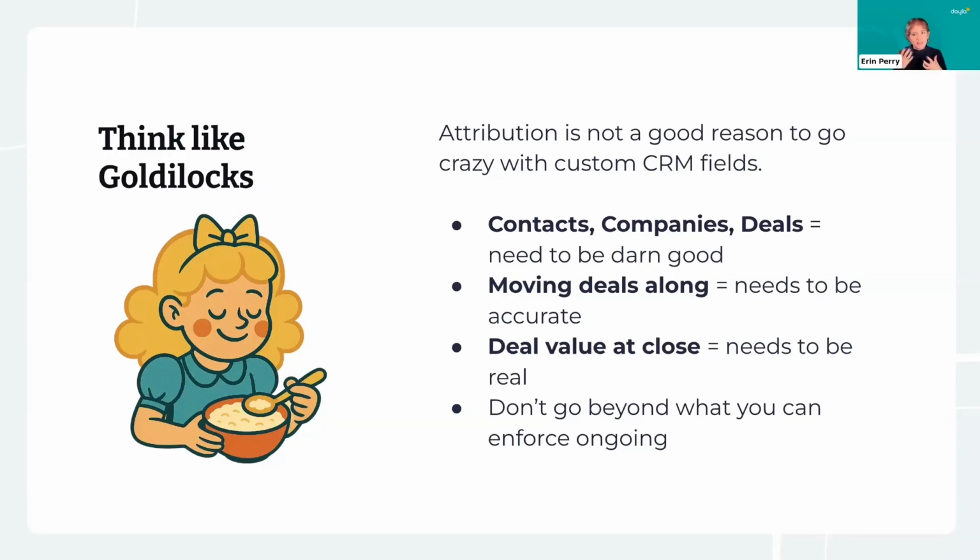And if you're in the habit of forgetting them in the middle stage and then pushing them all the way through at the end, you're crippling your ability to diagnose potential funnel issues because you won't have realistic metrics that you can look back at to really see what's happening there. It also might point to having too many stages. If it's not obvious that they need to move on and it's not showing up in reporting, it's probably a sign that you have too many things clogging your CRM. And deal value at close, this needs to be real or it's relatively worthless.